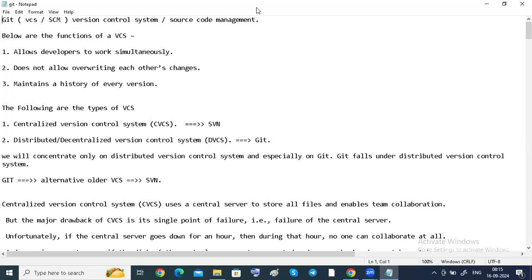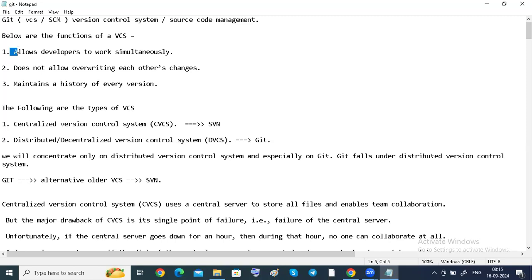I'm going to tell you what this version control system does. Here are some points I already wrote, guys. It means version control system or source code management. What are the uses? First, it allows the developers to work simultaneously.